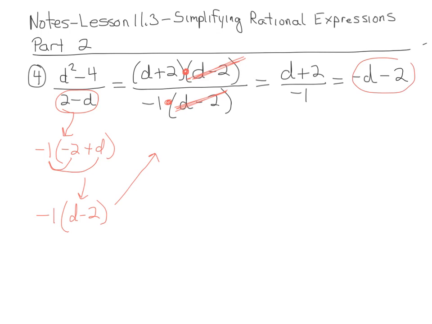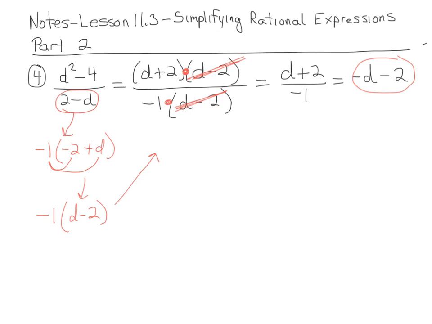And when positive 2 gets divided by negative 1, that gives me a negative 2. Alright, you might need to watch that one again, definitely to think through what we did. So we factored a difference of perfect squares. This quantity and this quantity almost matched. They're in the wrong order. So to switch this order, I factored out a negative 1. A negative times a negative is a positive. A negative times a positive is a negative. Then I switched those two around, put the positive d first, and the negative 2 second. Now these match, and I cancel the whole thing,